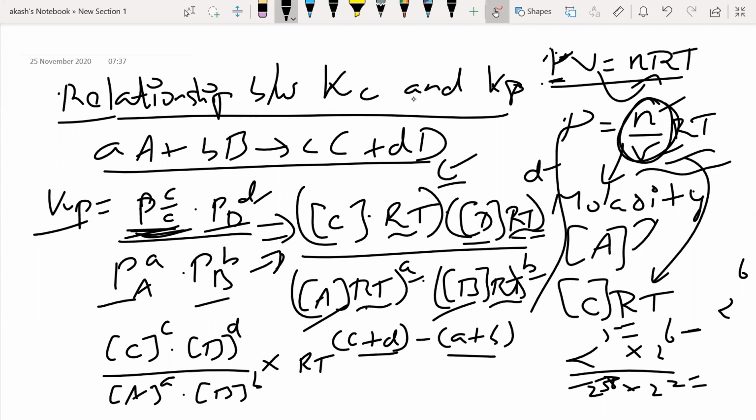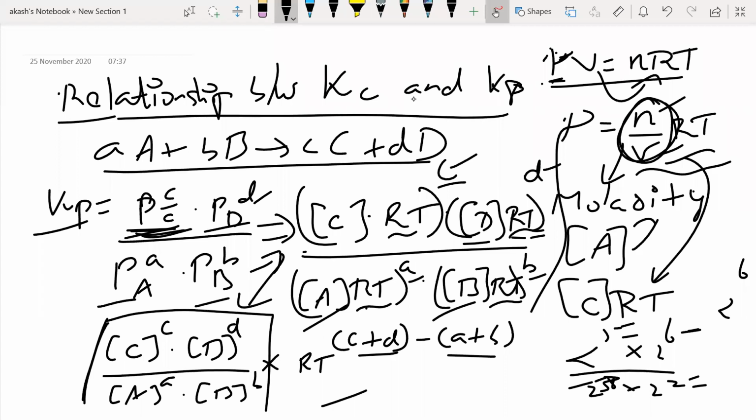Now please make a note of this equation. This is the last equation. We still have to continue, right? So from this step, I just took the RTs outside, all the RTs outside, and added and subtracted the powers. That's it. That's what I did. Okay, now moving on, right? Now I think you can understand what is going to come out. What is this particular term here?